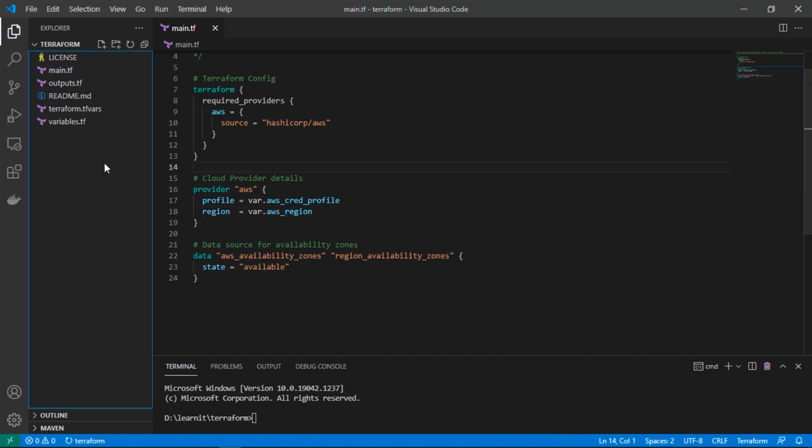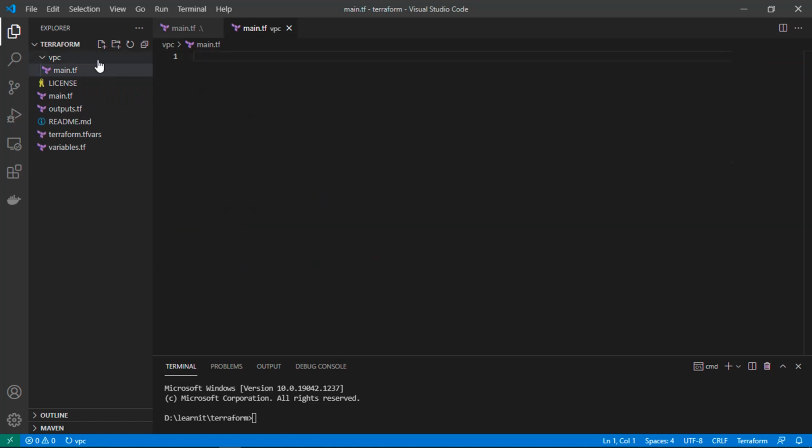Now let's define a separate sub module for a VPC, and I am creating a new directory named VPC, and inside this directory right now I don't have anything. Let's add a new file main.tf for this child module and one more file for outputs of this module.